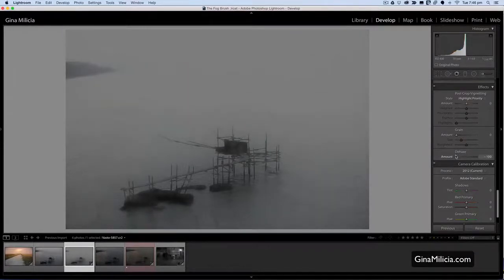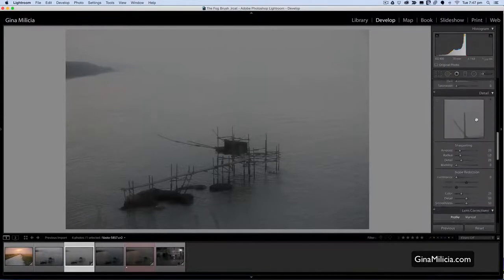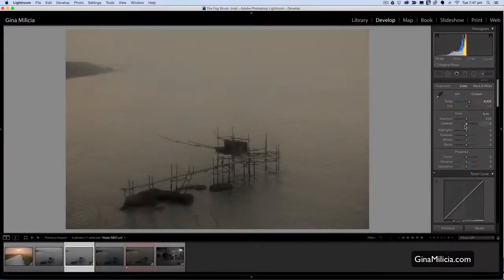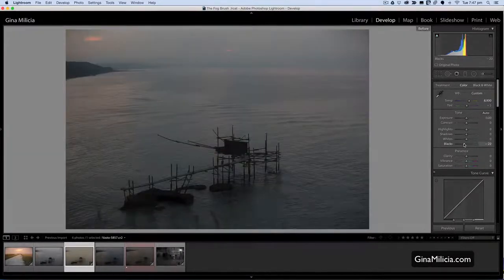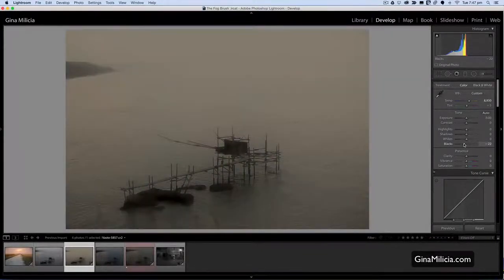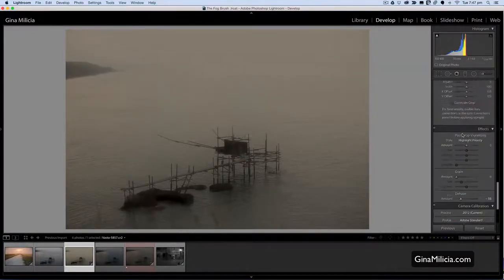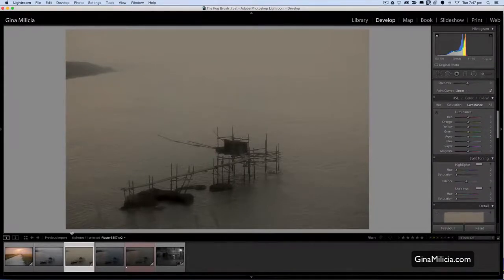So if I keep going, I've now got a shot that's in pea soup, and if there was already haze in the shot, it kind of makes sense, and you can get something that looks kind of cool, I think, and you can add a little bit of warmth to that, and you've got something that looks kind of cool. Add a little bit of black, and let's have a look before, after. So if you just want to add a bit of mood to the shot, have a look at the dehaze adjustment tool. Another thing you can do is, if you just want to do local adjustments, you can create the